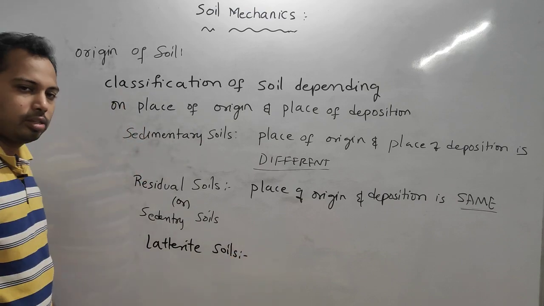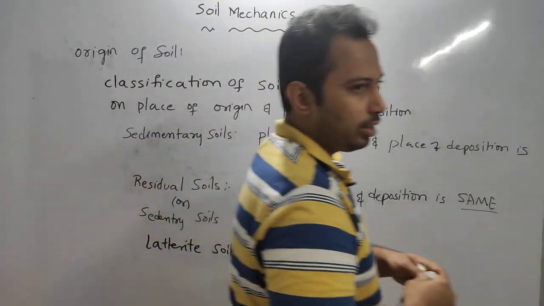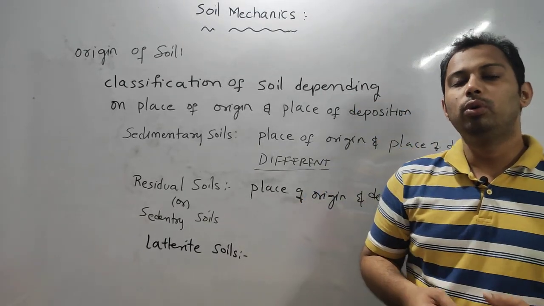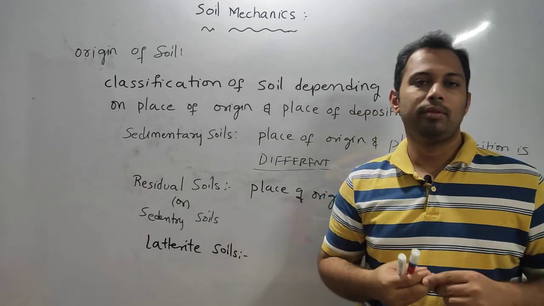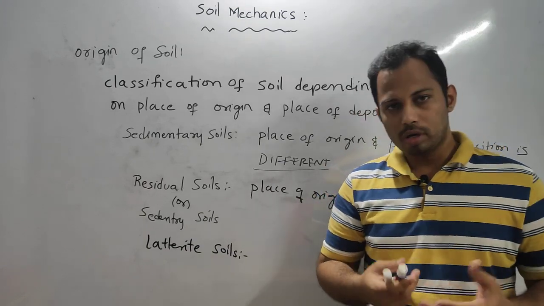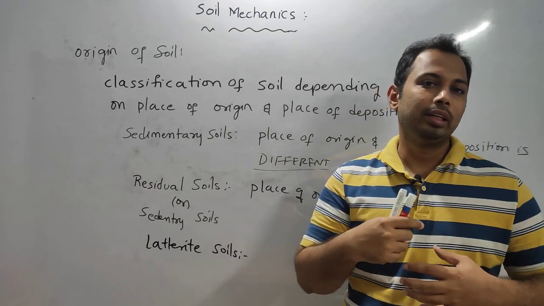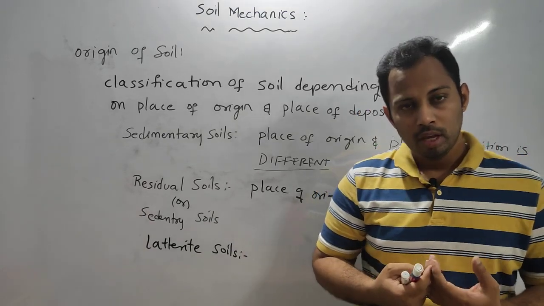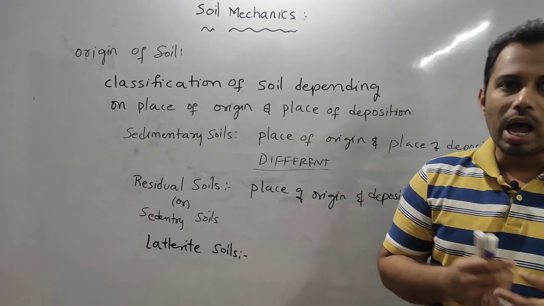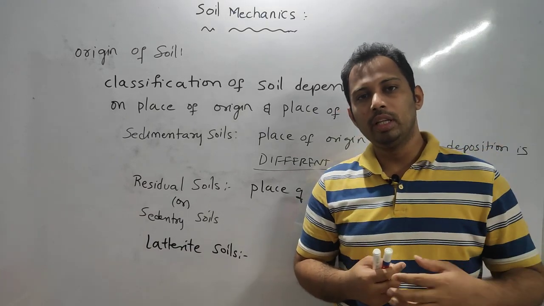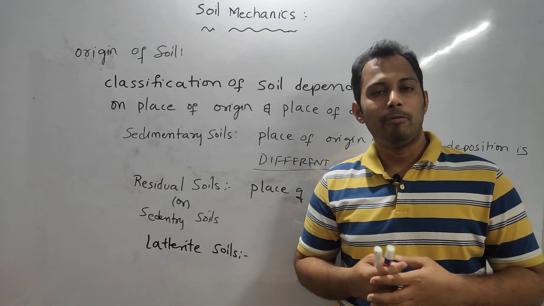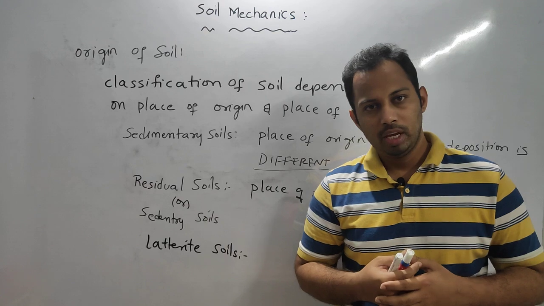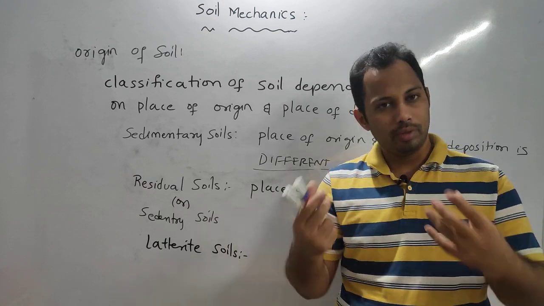See, laterite soils, how they form. In the previous class I told you, when there are any minerals present in the rock, if they settle down, that means if they form precipitates, if they get neutralized, for example iron is there, iron reacts with the oxygen present in the atmosphere, then it forms iron oxide. So this iron oxide now becomes a precipitate,